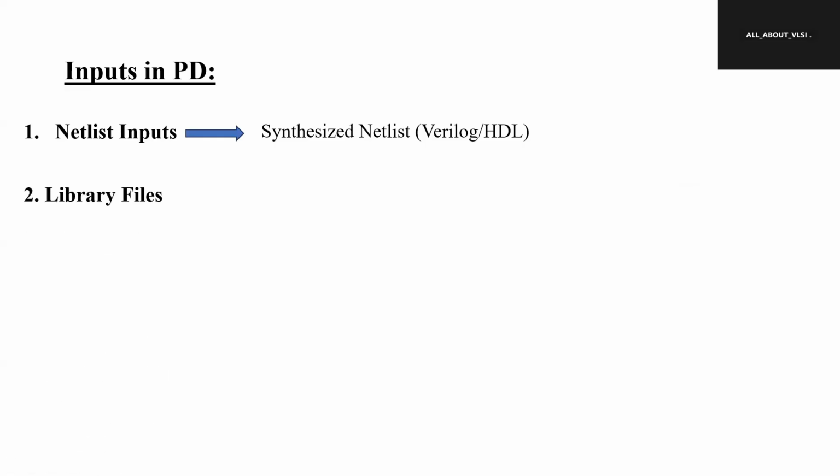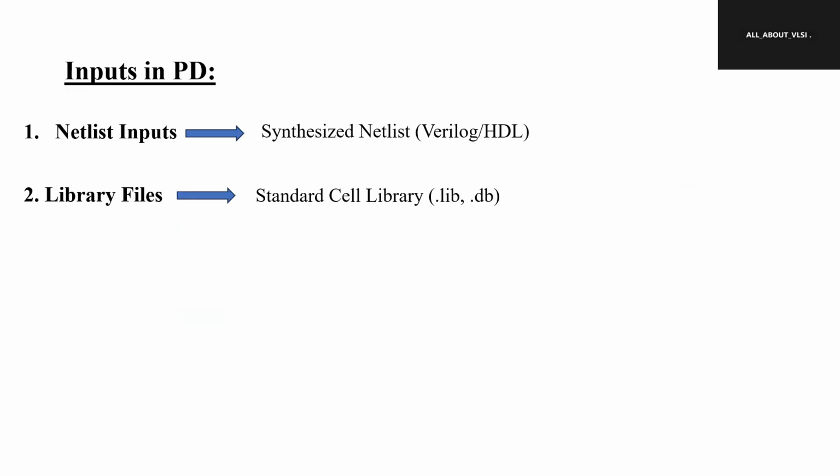library files. Let me recall the goals of PD: power, performance, area, right? Coming to performance, we should have some timing constraints, right? What is the input transition, output transition, all these things. All this information is present in the library file, the standard cell library. Every piece of information, like complete timing information of cells, input transition, output transition, and so on,